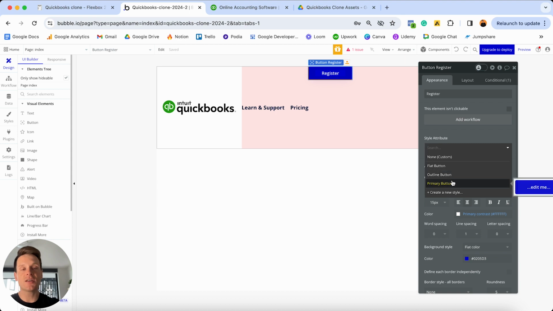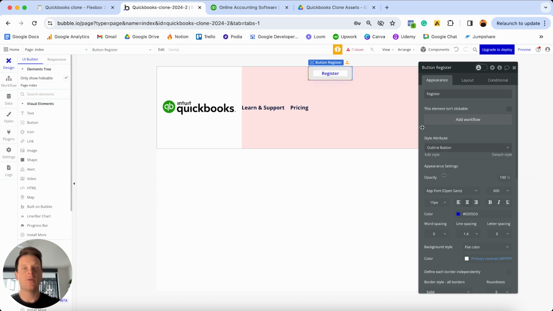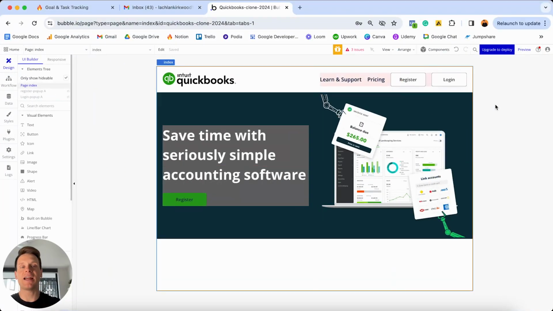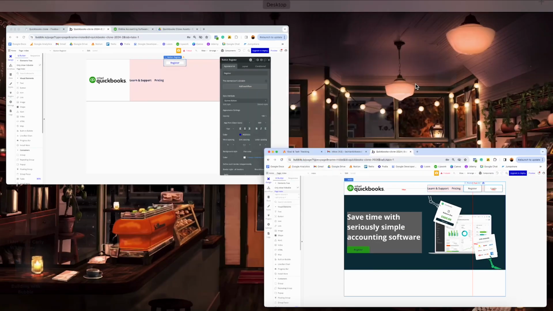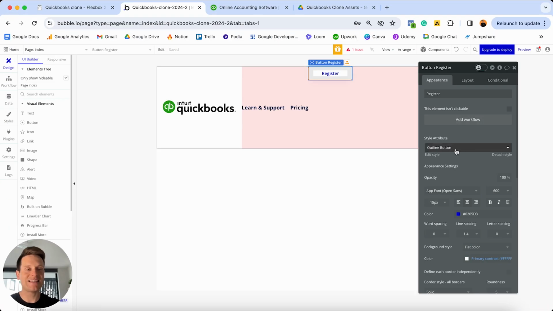And instead of using the primary button style, what I'm gonna do is use the outline button style. Because if I jump over to my separate Bubble editor here, as you can see, my two buttons here have an outline. They're white on the inside, but they just have a black border and some black text. So we're gonna replicate that exact same design style right now. So once we've selected the outline button,